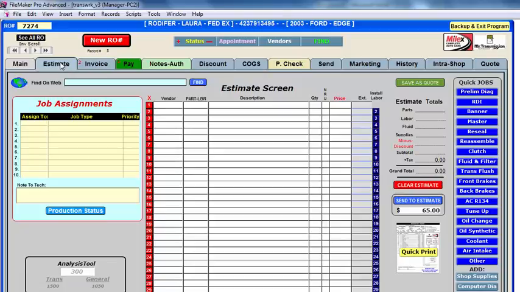So currently what we're going to do is focus on the estimate screen, and I will talk a little bit more about the invoice screen in a later video. So right now I'm going to show you a couple of different ways to create an estimate. We're going to talk about a transmission. So normally how you would create an estimate for a transmission rebuild is you would use these quick jobs over here. And in another video I will talk with you about how to adjust these quick jobs to customize them for your shop. But right now we're going to pick a banner rebuild,